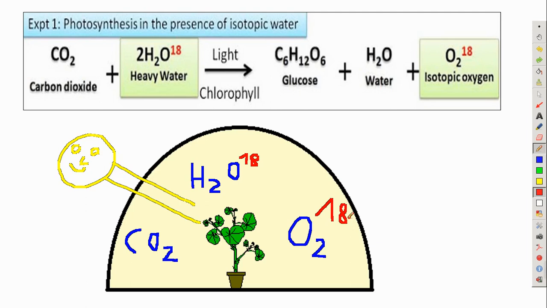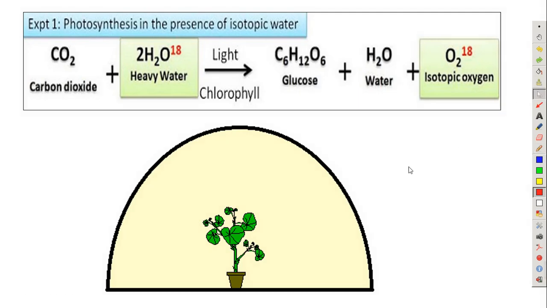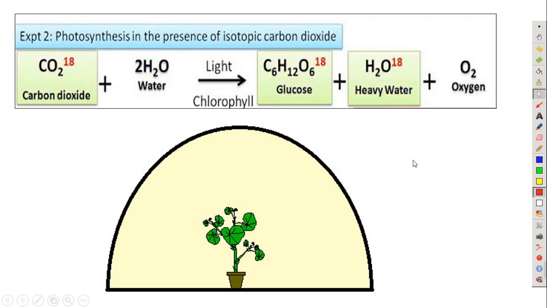Okay, so first thing, when you put water which has the isotope 18 oxygen in it, we can see that the O2 which is produced is made up of this 18 oxygen isotope. Okay, so that was the first experiment. Let's move to the second one. So the second one is similar, only this time